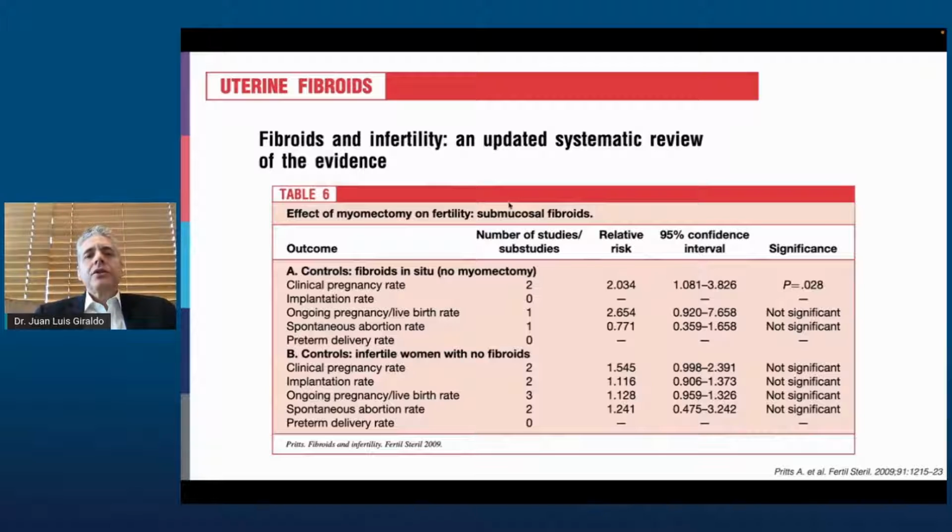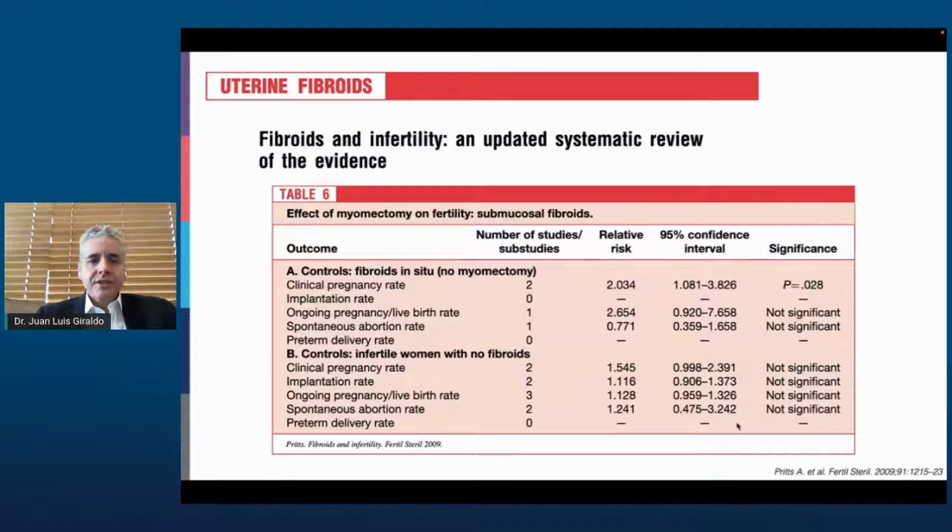They also compared those patients with submucous fibroids that were taken to surgery against a control group of patients with submucous fibroids that were not taken to surgery. So no myomectomy was done on this control group. And those patients that were not taken to surgery had a diminished clinical pregnancy rate, as you can see here, statistically significant. But they also compared those patients with myomectomy with those infertile women that had no fibroids, and saw